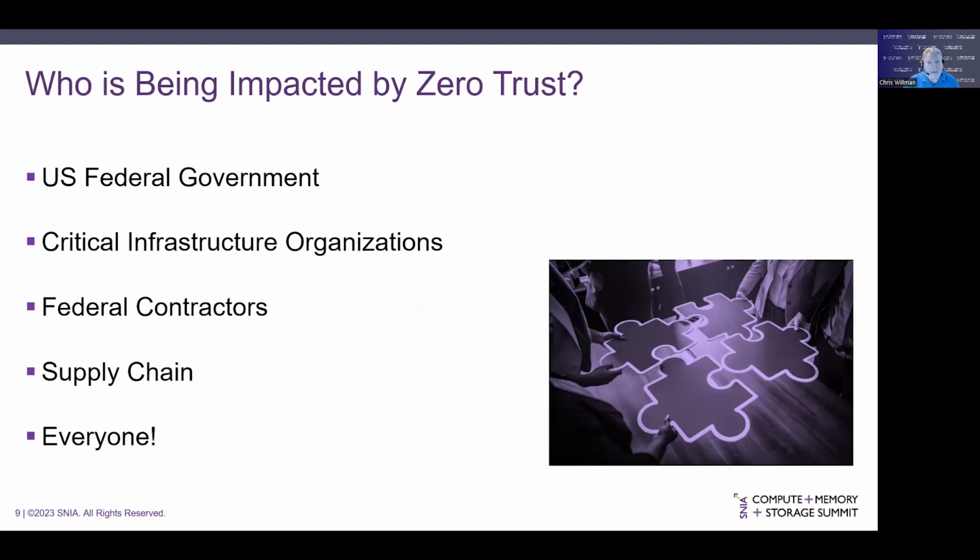of formalizing ZTA implementation. While not yet passed, legal mandates are being discussed for organizations considered to be part of the nation's critical infrastructure. Additionally, there are data protection laws, such as Europe's General Data Protection Regulation, or GDPR, and California's Consumer Privacy Act, CCPA, that could logically become ZTA use cases. Finally, Executive Order 14028 also has sections addressing supply chain and federal contract acquisitions. So it would not be a stretch to see contracting regulations requiring ZTA certification, which would eventually evolve to general